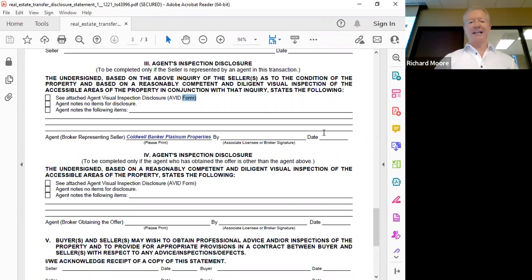And reload companies, that's something else we see periodically. A reload company has never occupied the property, or the transfer occurs just before the close of escrow of your transaction. So the reload company still has an obligation to give you a TDS. They should attach the prior owner's disclosures. So the agent who represents the seller and the buyer should all be sure that even though it's going to be a reload company transaction, all the disclosures should be complete. And from that former seller, they should be sure that they attach that and give that to the buyer.